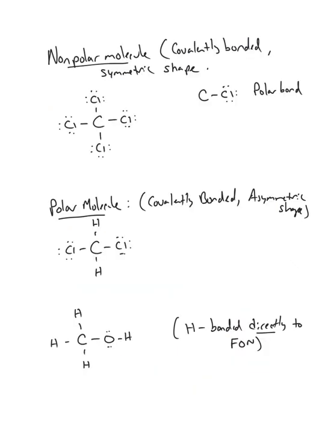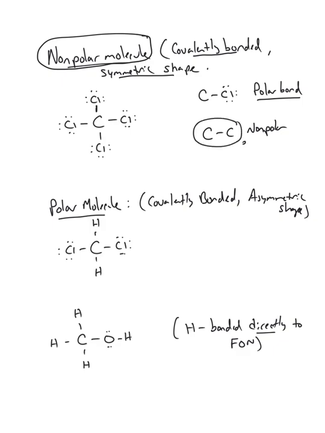Okay? The intermolecular forces. If you have a chemical compound that is nonpolar, a molecule is nonpolar when it has a symmetric shape. So it's held together by covalent bonds, so they're sharing electrons as indicated by dashed lines. But first of all, in a bond, you can have polar bonds or nonpolar bonds. The only way you can have a nonpolar bond in this class is if you have an element bonded to itself because they have equal electronegativities. And therefore, they pull on the electrons with equal strength.